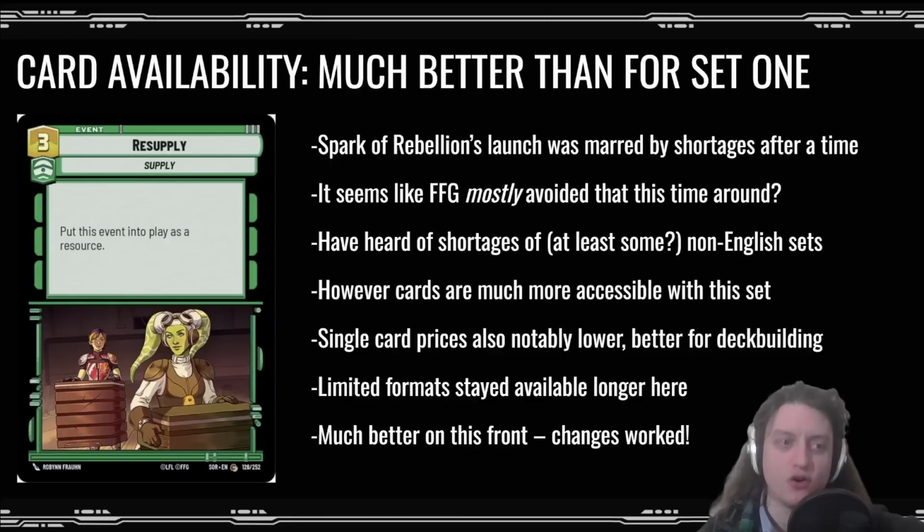It wasn't like, oh, stores are sold out and they can't restock ever. I could probably go to some stores and still get some Shadows of the Galaxy boosters. I think that the single card prices were also notably lower, which is a better situation for deck builders. I think there are multiple factors involved there, but even if you look at the strongest legendaries in the set, or at least some of the ones that are perceived as best, like Poe Dameron or the Darksaber, they aren't up at the same price levels as cards